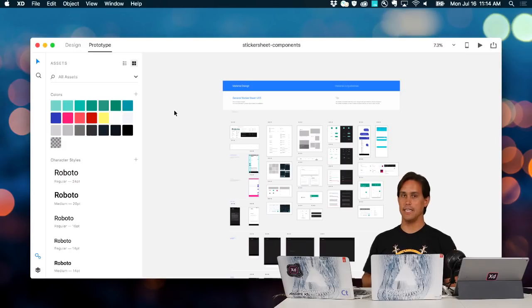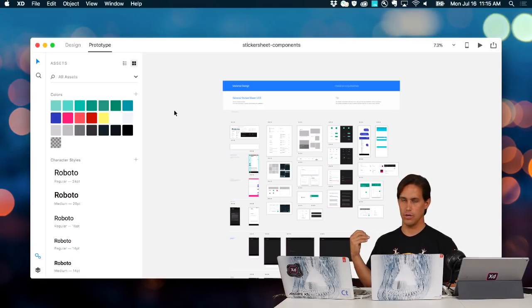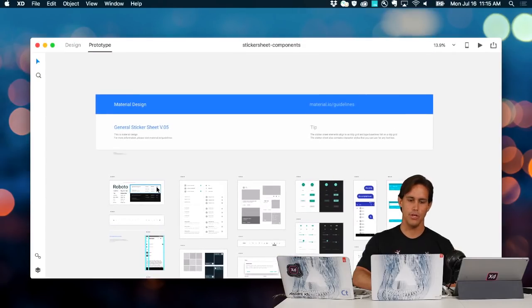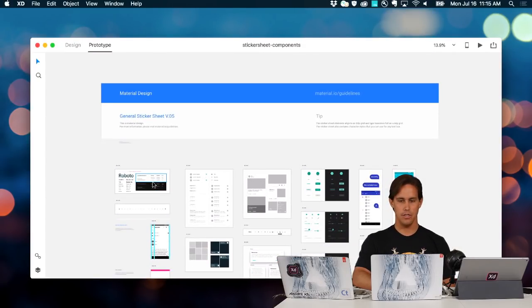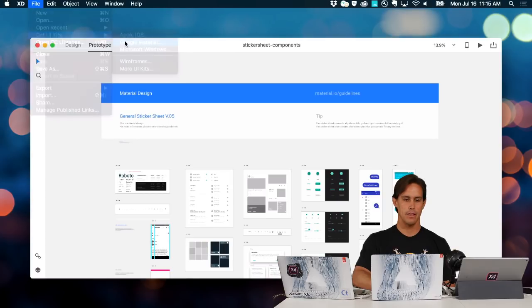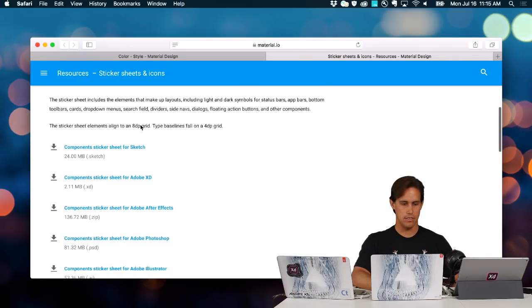I will focus on sneaking just one, and this is something that I really appreciate personally, because I'm really passionate about design systems, right? And I know that you guys need to organize your colors, your character styles, your symbols in a better way. So just to give you an example, here I have the Google Material Design UI kit that you can get for free. On File, Get UI Kits, and then you go to Google Material Design. Here, this is just a link where you can download the UI kit,